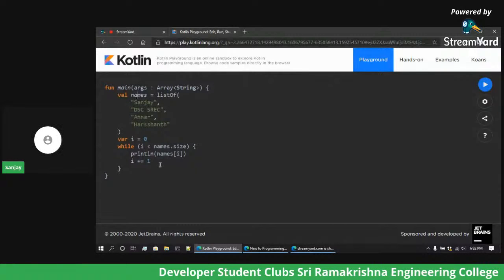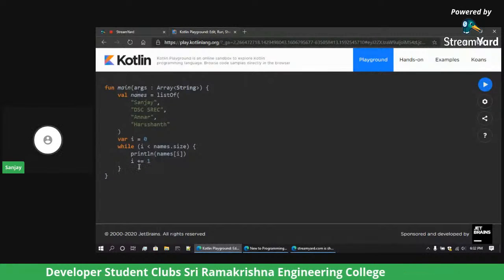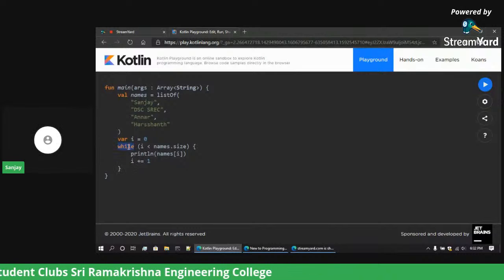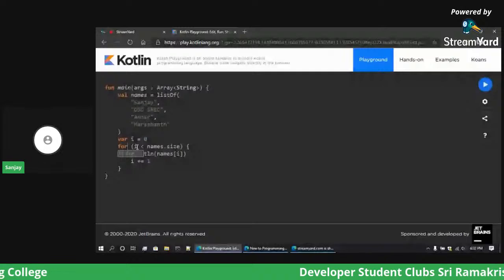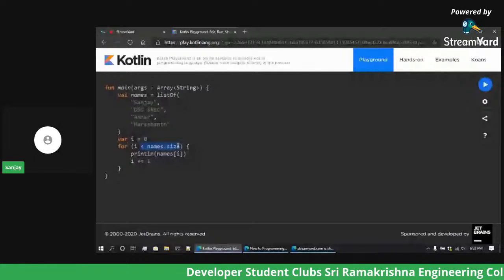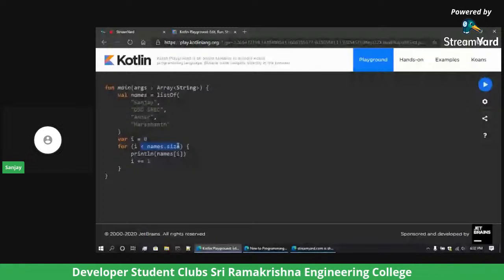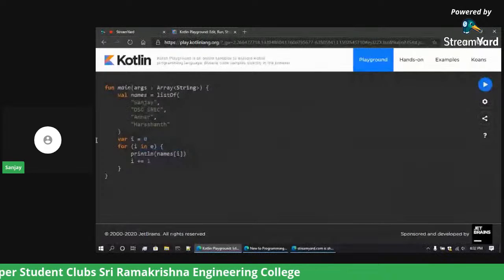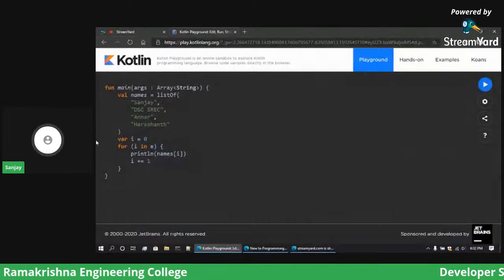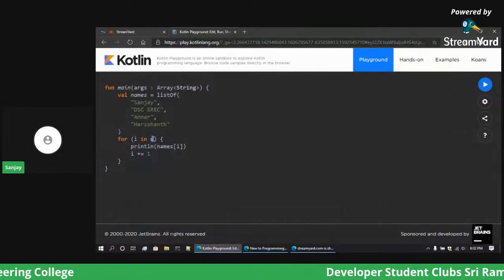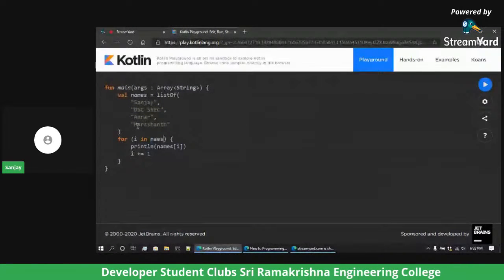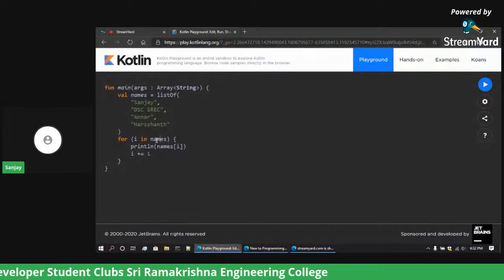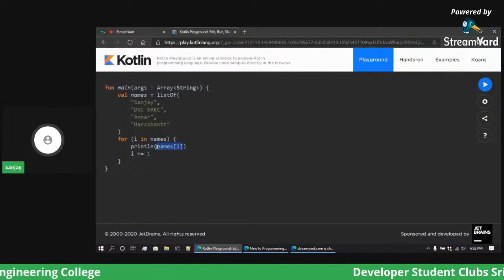திஸ் இஸ் த வைல் லூப். Then you know that a for loop, but here the for loop syntax is different. The for loop syntax is I. We will remove this I because we don't need the external variable. I in names, will print I. இது இப்போ இந்த I in names, இந்த I in namesக்கு என்ன அர்த்தம்னா ஒவ்வொரு வாட்டி ரன் ஆகும்போது இந்த